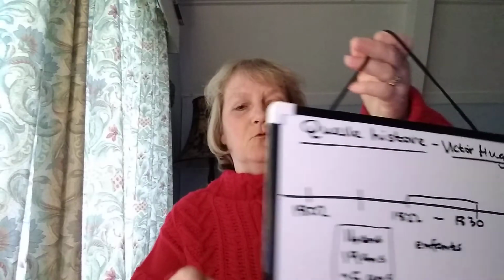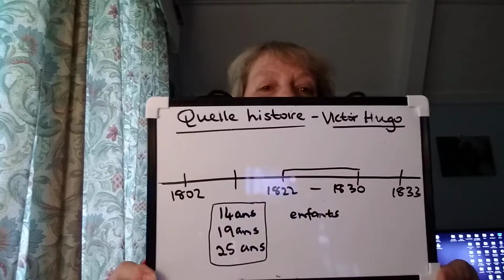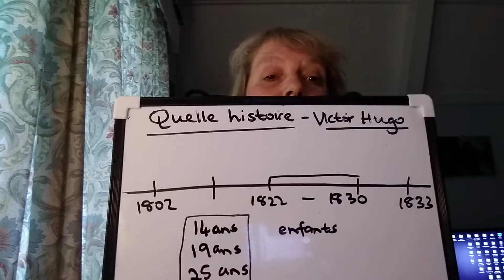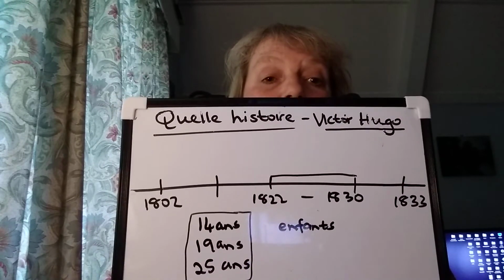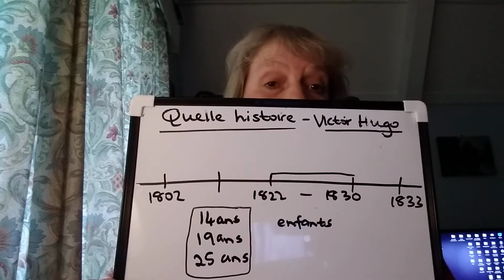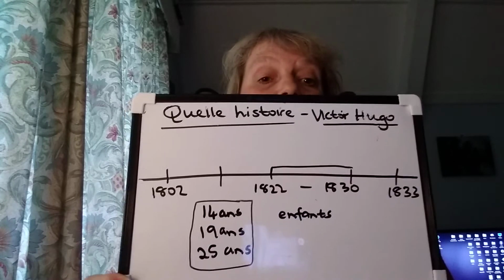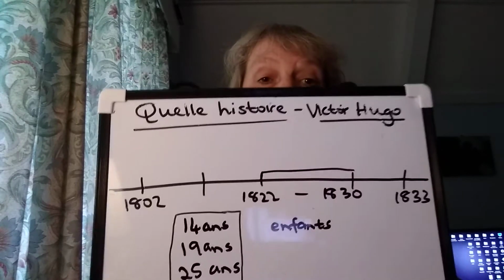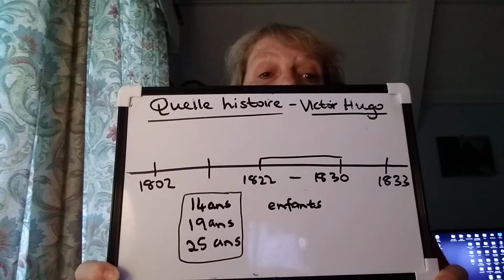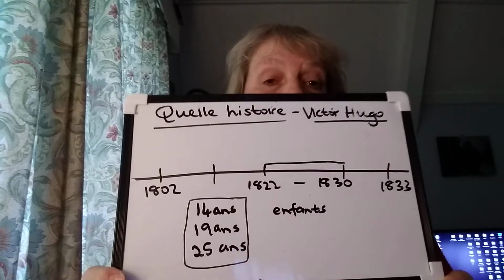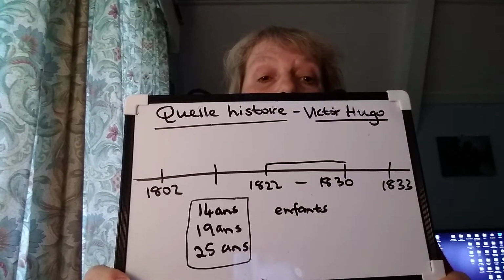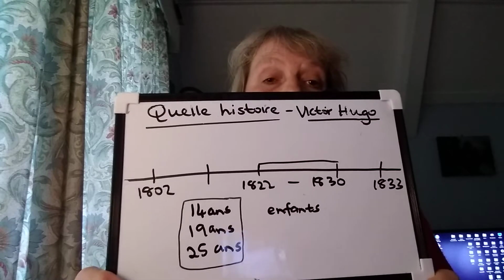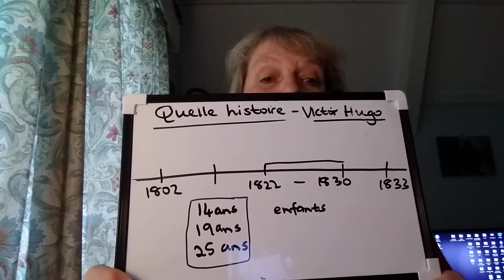So this is the board I prepared earlier. So we can see that it is about the écrivain, the writer, the romancier, novelist. Écrivain is a standard writer. Romancier is a novelist. So he was both of those things. Victor Hugo. So you've all heard of him, I'm sure. I won't go into what he's famous for because you'll be listening for that in the video.